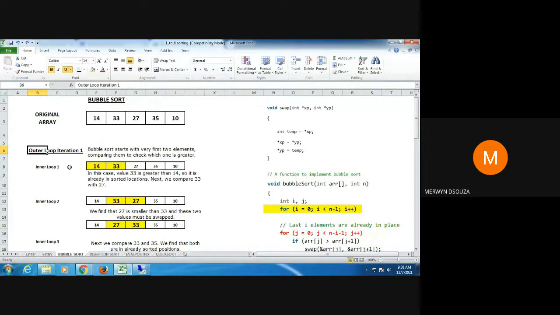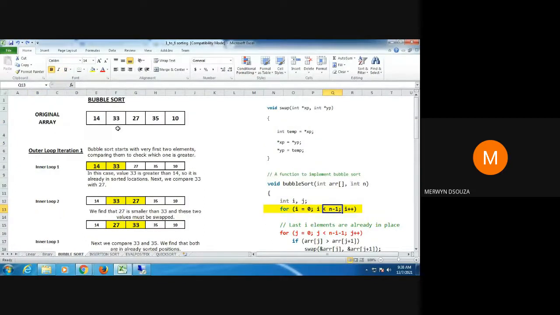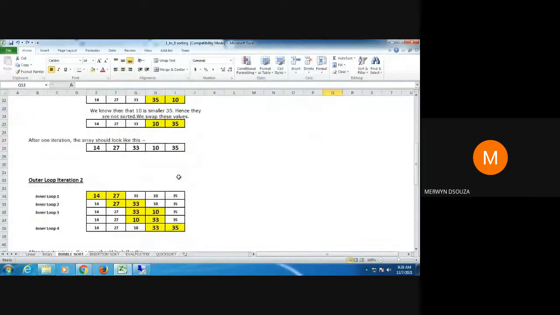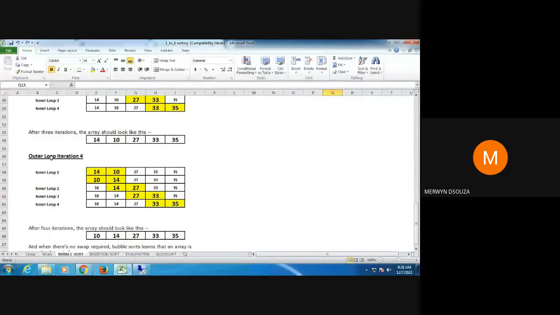For each outer iteration, we are going to have 4 outer iterations, n minus 1. There are 5 elements, so we are going to have 4 outer iterations, like you can see here.